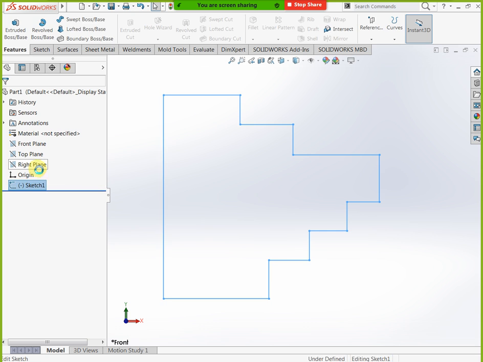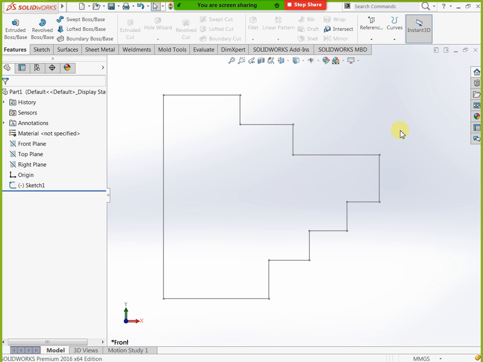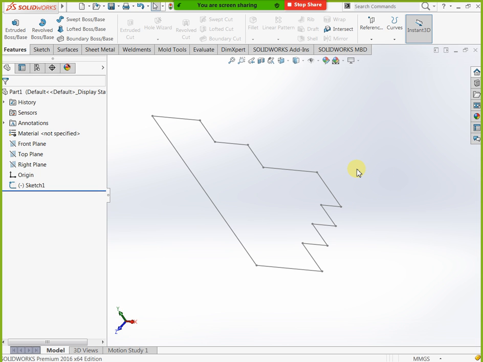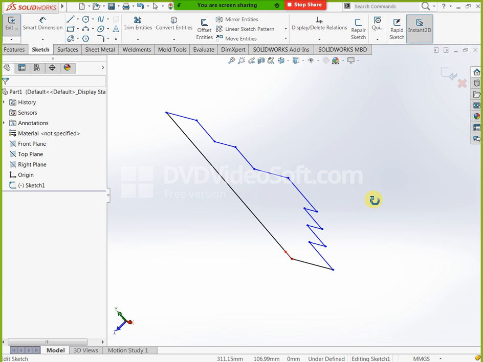Okay, if you need to edit this sketch again, in that condition, just go to your sketch and right click here. Here we have the edit sketch option. Click on this edit sketch, then you will get like this. Now we have the isometric view. If you need a normal view, okay, control 8, orientation, control 8. Okay, then you can do okay. This is finish sketch. If you need finish sketch you can select, and if you need to edit this one, just select, right click, go to edit. Okay, this is our optionality. If you need this one you can use.